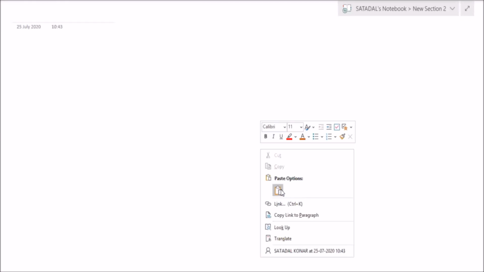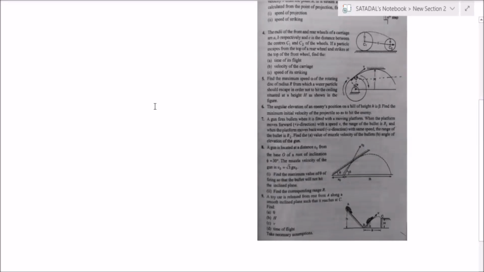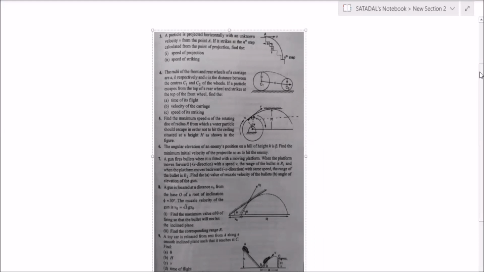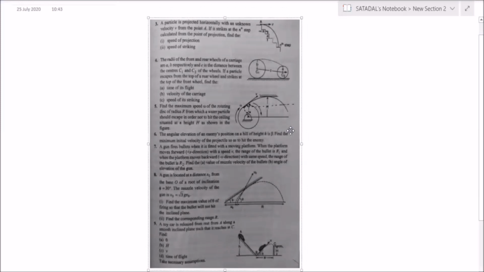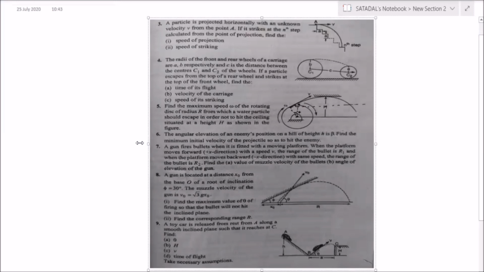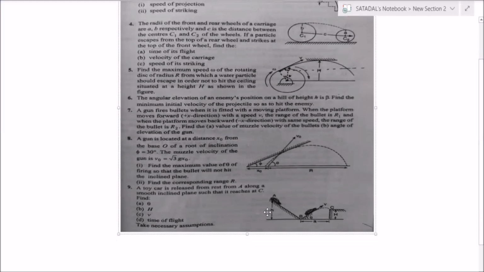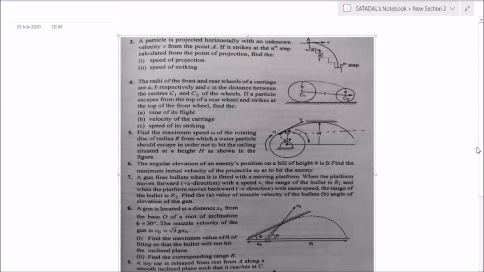Now this is the most critical portion. There are some beautiful questions, quality stuff out there. So the first question is known to everybody. I think there is nothing much to say, but still you try. I will just tell you the question numbers which you will try now. I think it's clearly visible. You can read the font right now.